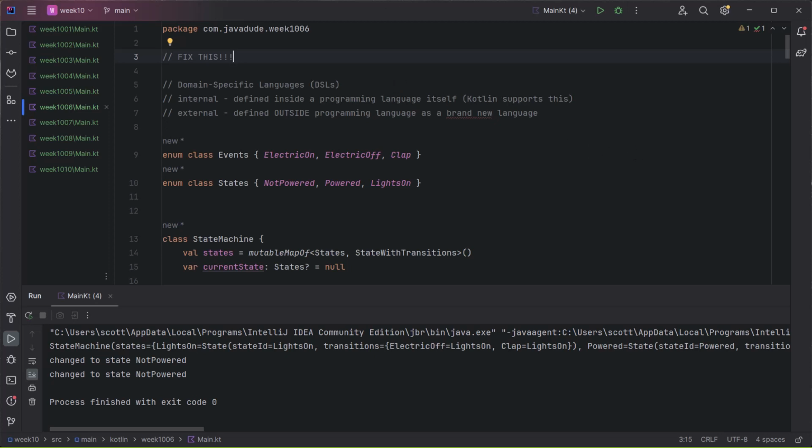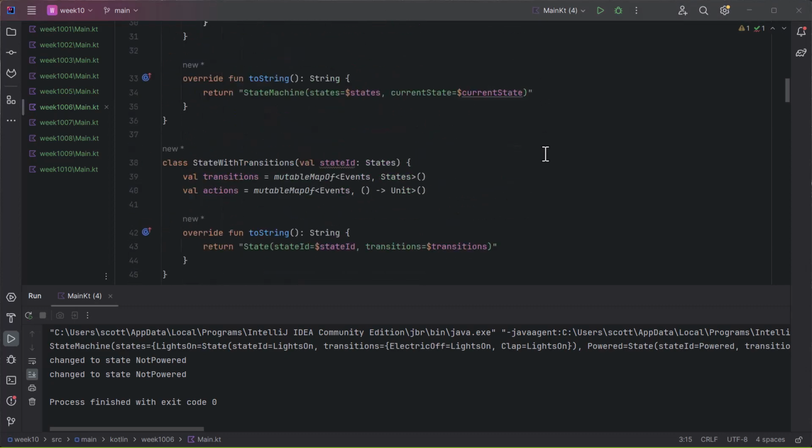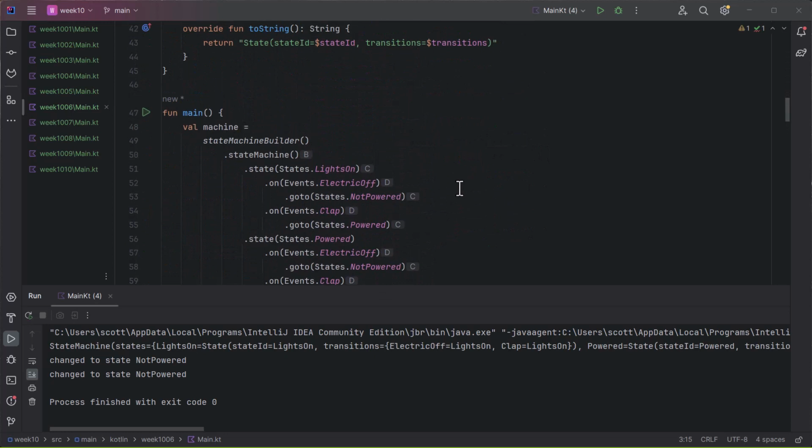So the next step that I want to do here is just show a slightly different approach to do some of this. So instead of using this chaining like we've done, which as we can see when we format it gets all messy, and this is kind of awkward the way it is, I would like to set it up so that we can use apply to scope things nicely. So what that apply would end up doing is taking a state and doing something interesting with it. Taking the state machine and doing something interesting with it. So this one,